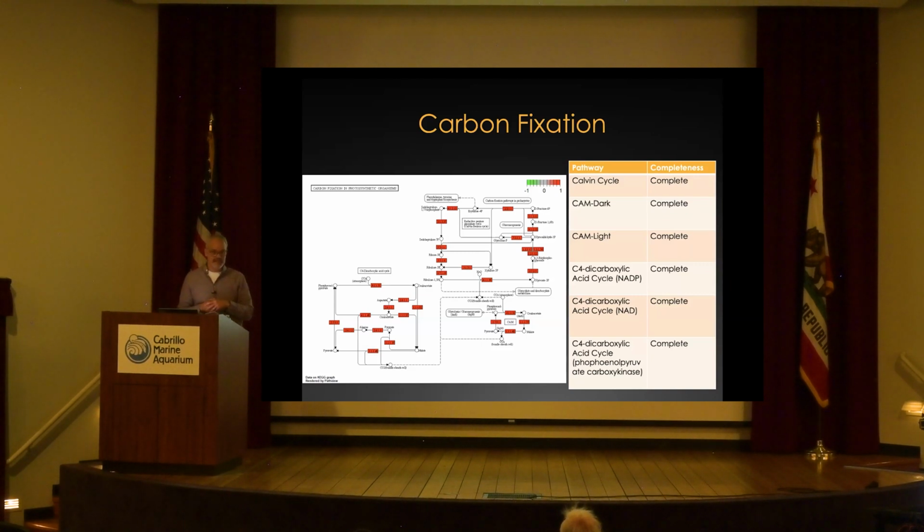Not surprising for this, because these are carbon fixation, and I already told you that these are chemoautotrophic mats. So they are fixing CO2 and turning it into biomass, right? So we would have been shocked if there weren't all of these genes here. And in fact, there are other alternative pathways that are also found. So there seems to be more than one way to fix carbon in these mats, which is pretty exciting and